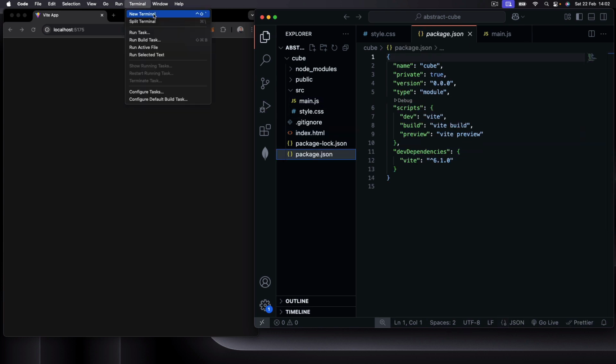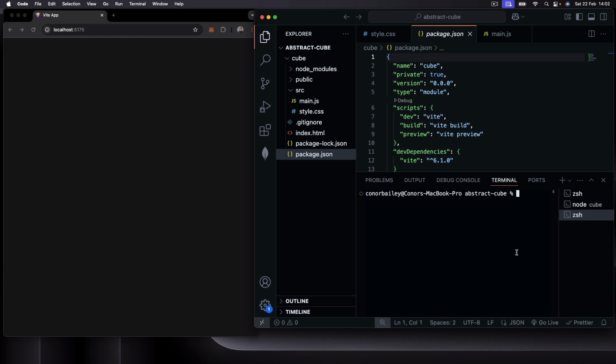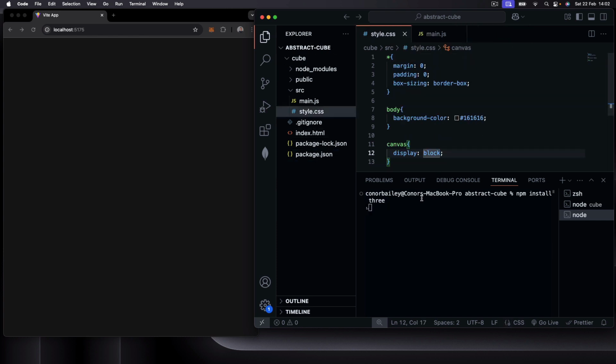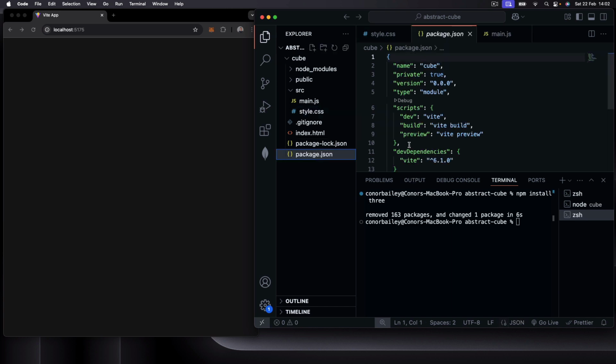So that brings us on to the next part. We're going to open up that terminal again and now install Three.js. To do that, we type in npm install three, and that will install Three.js. Okay, it's now in our package.json. You can see that we should